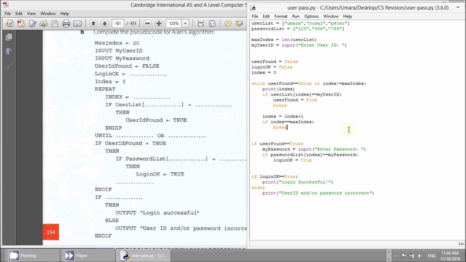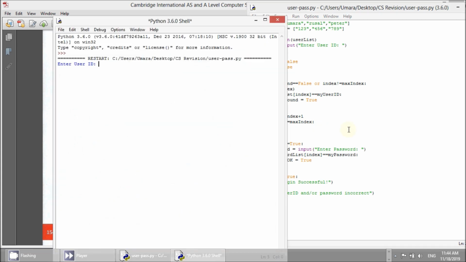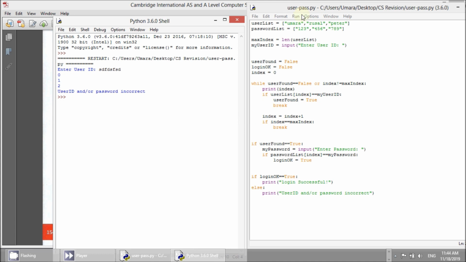Okay, now see what happens. Let's say we are looking for an ID which is not in the list. You can see it has checked the first position, which is actually the 0th position. It has checked the first position, it has checked the second position as well. Right, so when the index becomes 2, it has checked